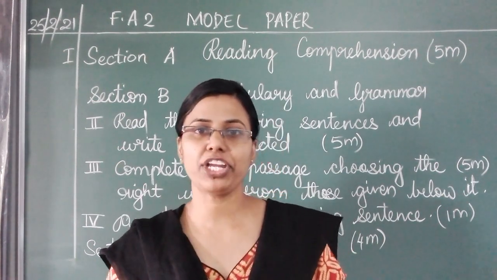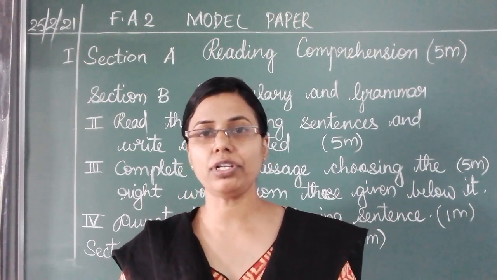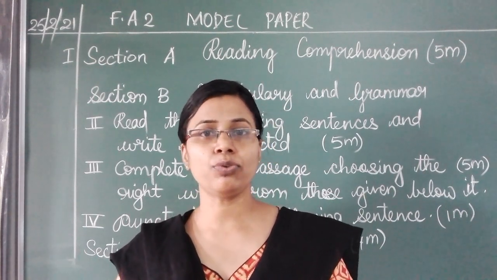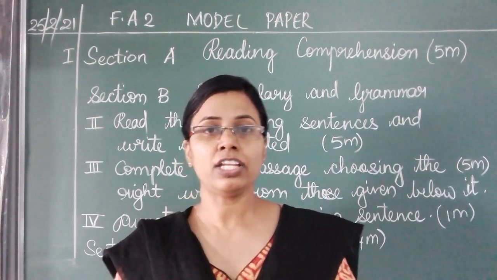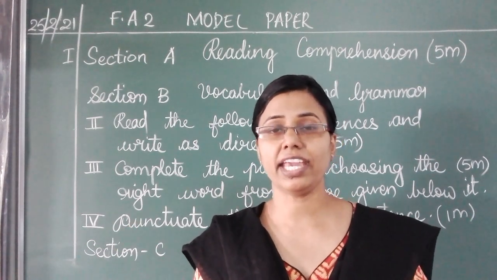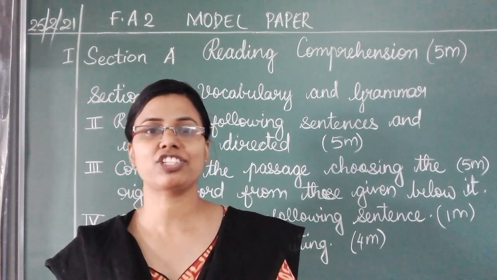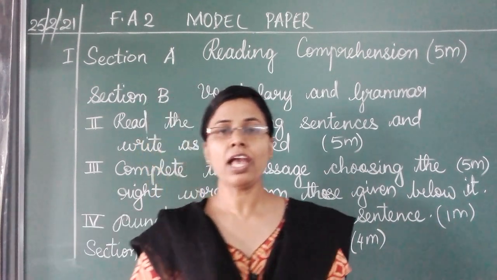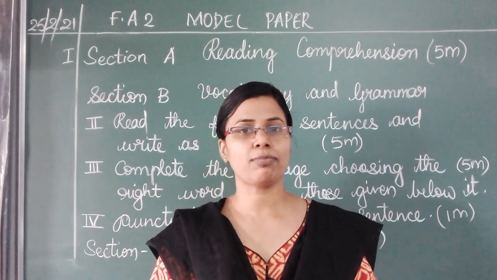You are having your FA2. So you know the portion, which is Unit 4 full and Unit 5 A reading. So go through, read the complete lessons, both the A readings. In Unit 4 you need to read all the lessons, and Unit 5 read A reading completely, because you are going to get the passage from the textbook itself, and you will be given questions below that and you have to answer. Now let's discuss how to write and what is the model paper.